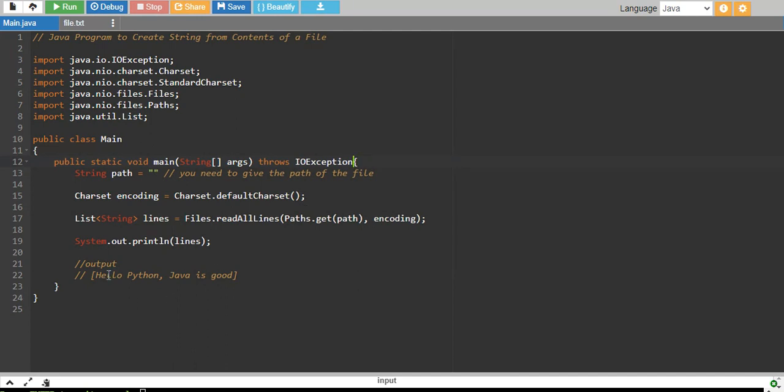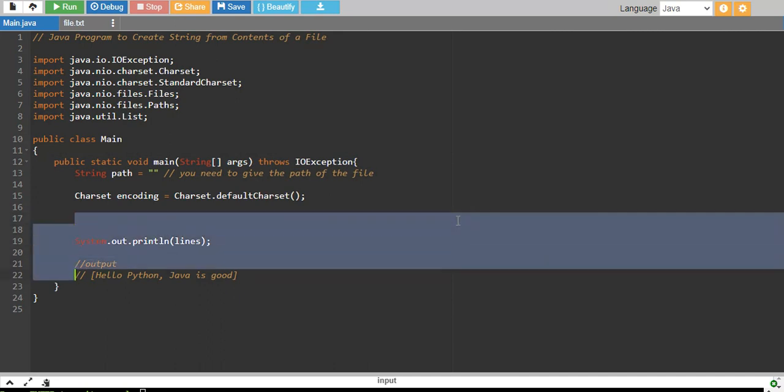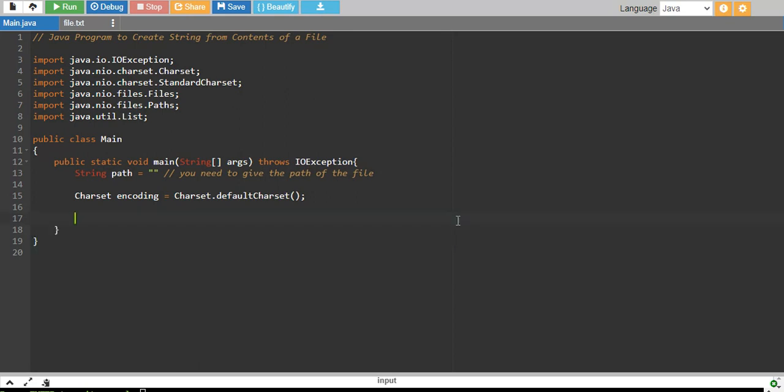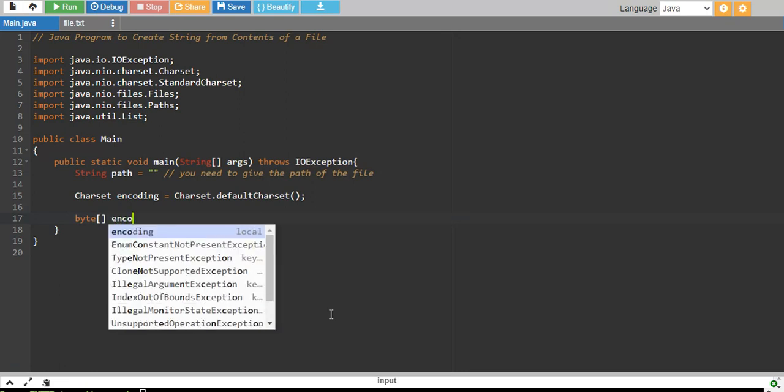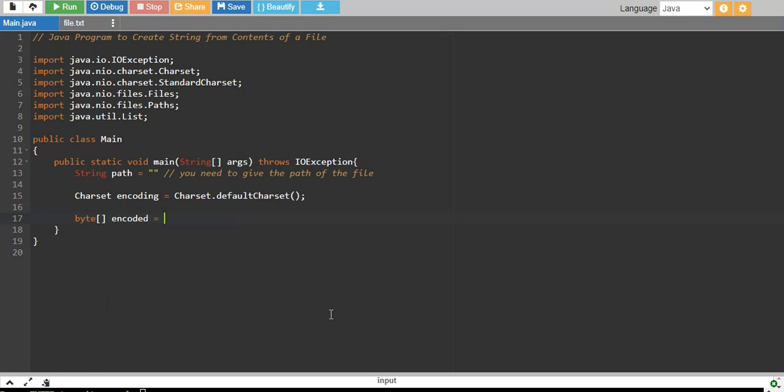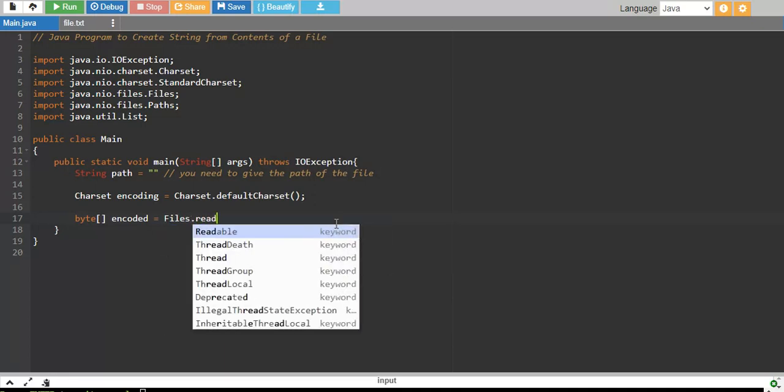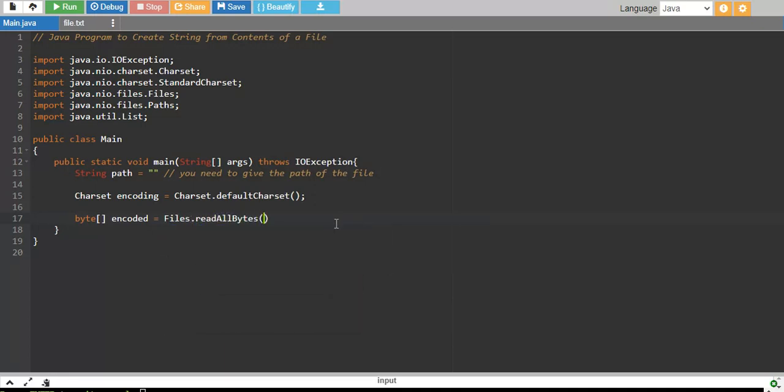Now, if we don't want a list but rather a string, then we need to delete all this. We need to create a byte array, let's say I name it encoded. This equals Files.readAllBytes, and I'll say Paths.get and pass path, and I'll create a string.